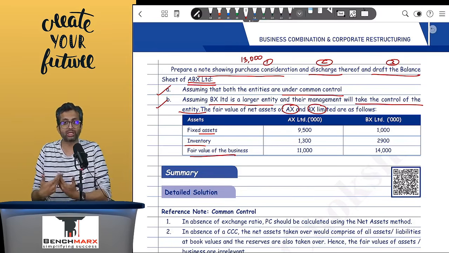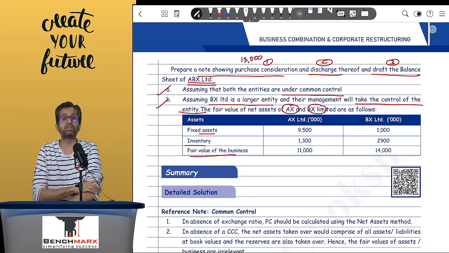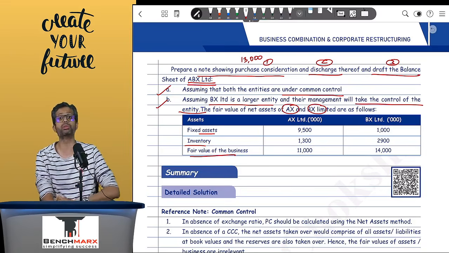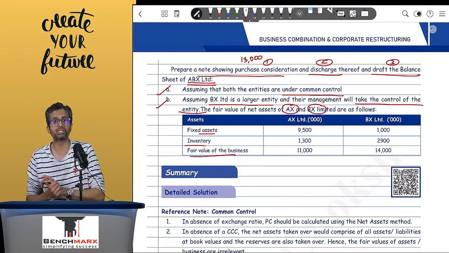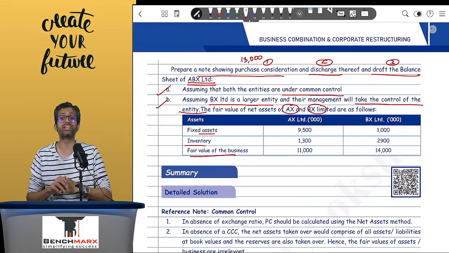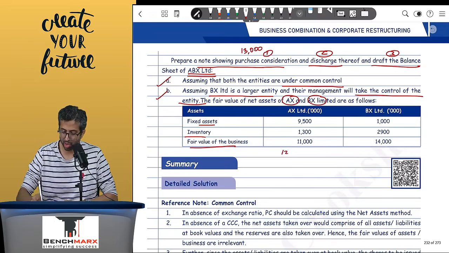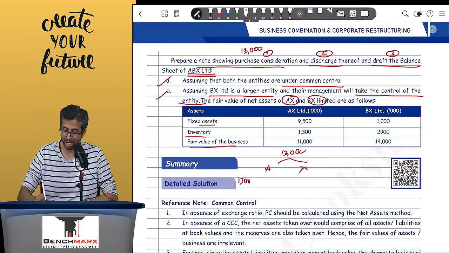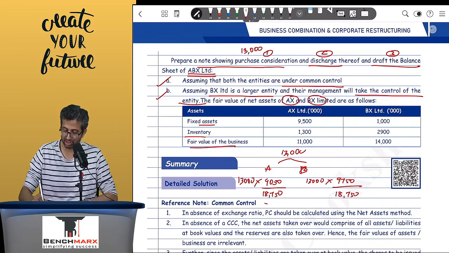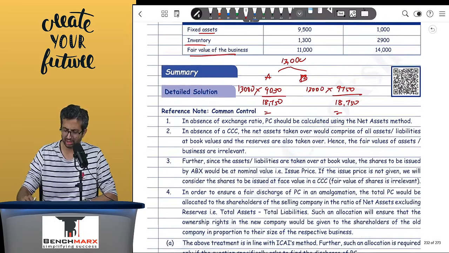However, one can say that the company with the P&L balance is a much bigger company as compared to the company with the loan balance, and hence ideally, if you have to discharge the PC fairly, you will discharge it in the ratio of the net assets before adjusting reserves. So definitely PC will be 13,000, but this 13,000 will be attributable to the shareholders of AX and BX in the ratio of, so this is 13,000 into, let's say, 9,050 upon 18,750, and for BX it will be 13,000 into 9,750 upon 18,750. So if you go to C, this will be, I think,